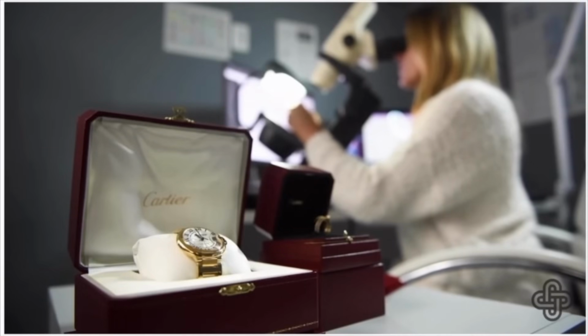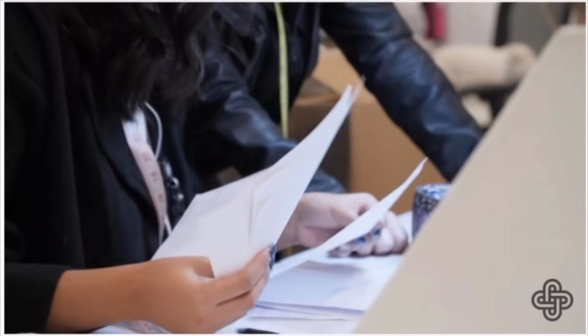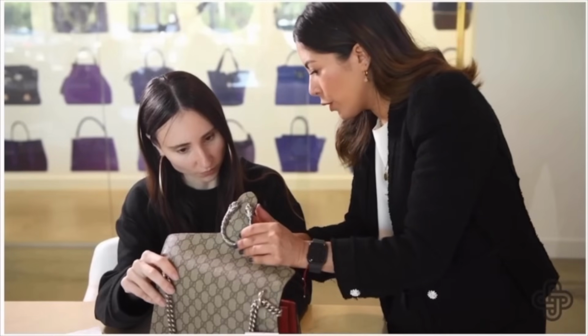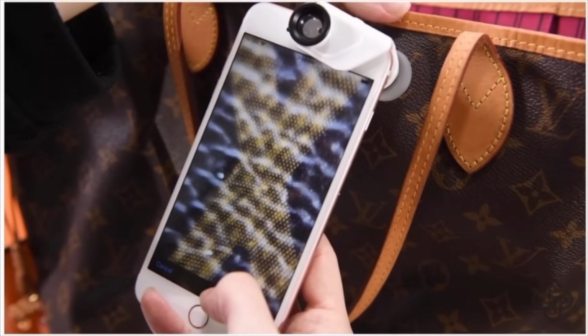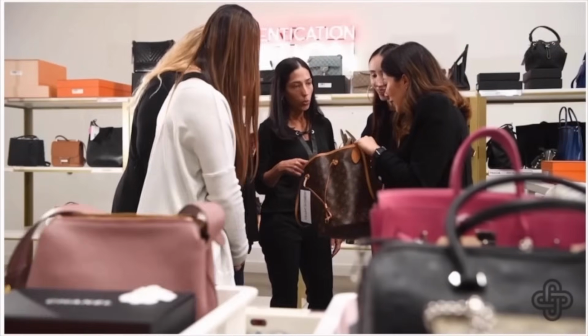So let me show you how it works. When you receive a bag, their authentication team carefully inspects it. They compare details like the hardware, the stitching, the structure, and even the weight to other models they've authenticated before. Every detail has a lineup, which means you can shop confidently, knowing that your new-to-you Chanel or Hermès